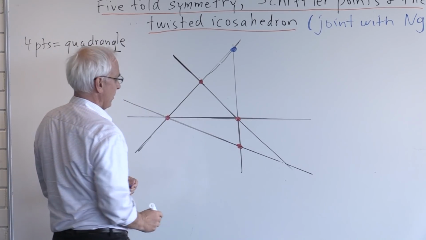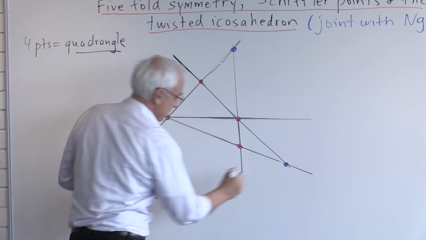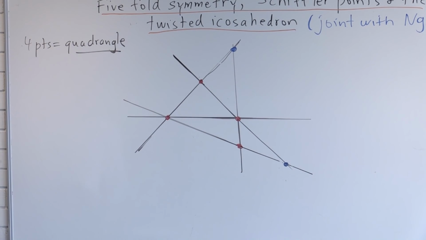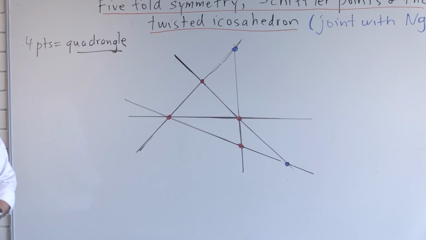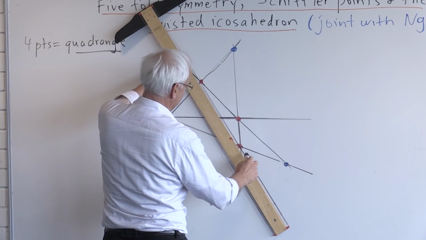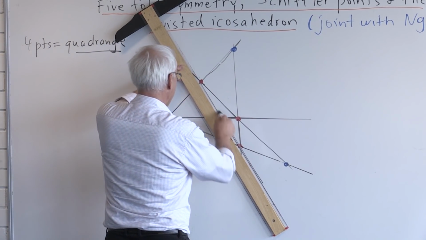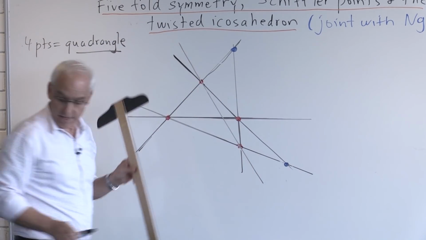We get the intersections of these 6 lines. So there's one there. Oh, I see I've missed one. That's right, I missed a line. Where is my ruler gone? We need 6. There we go. Okay, so now we have